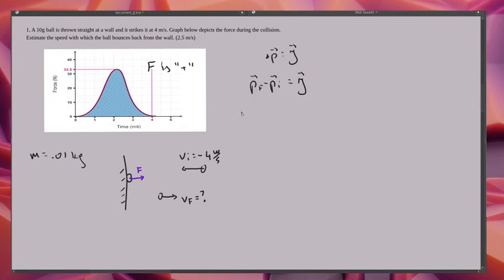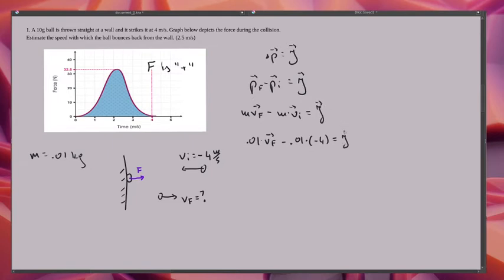Final momentum, mass times VF, which is good because I'm looking for VF, minus initial momentum, mass times VI, equals J. So let's plug in the numbers: 0.01 times VF minus 0.01 times VI, which is minus 4, so times minus 4,